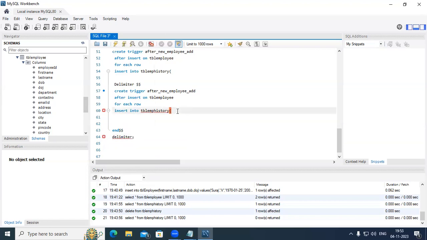So what columns do we have to add in this case now? The columns are going to be,